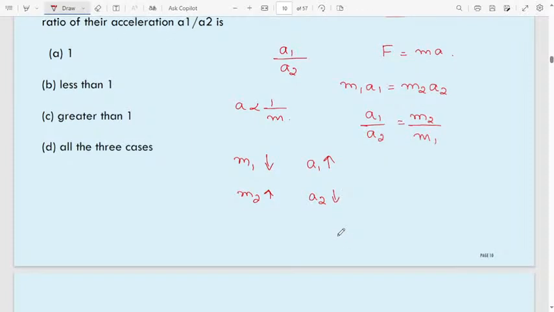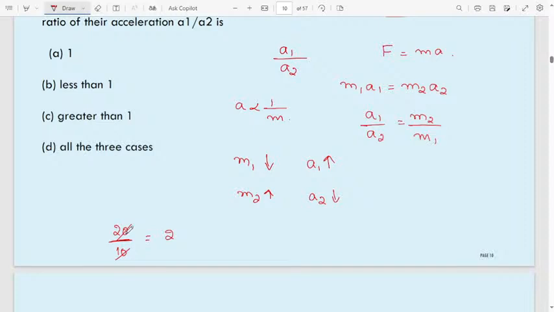Then here, roughly I will consider any one value. a1 is greater here, so I will consider a1 as 20. Then I will consider a2, compared to a1, a2 will be less, consider 10. Then 20 by 10, you will get the ratio 2 by 1, or 2 is to 1. This a1 by a2 value is 2, because roughly you can consider any value, because here you have to